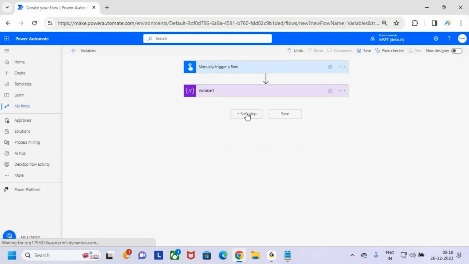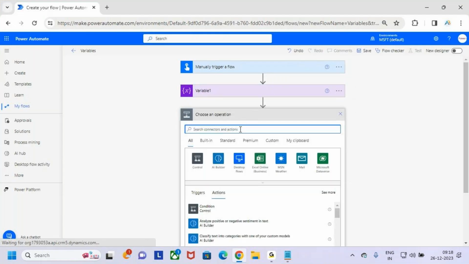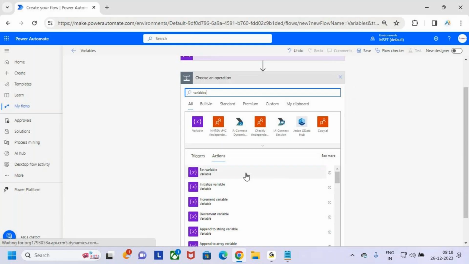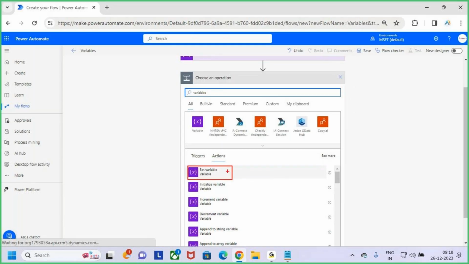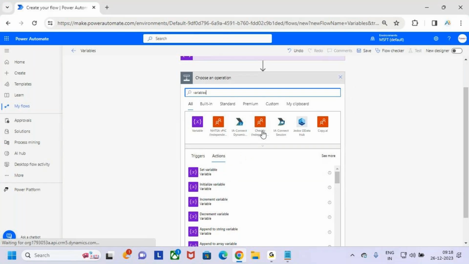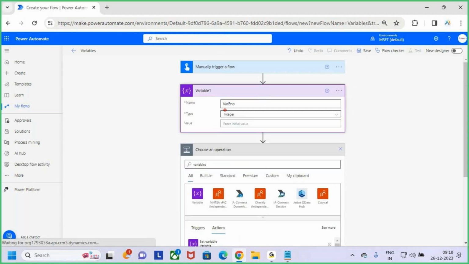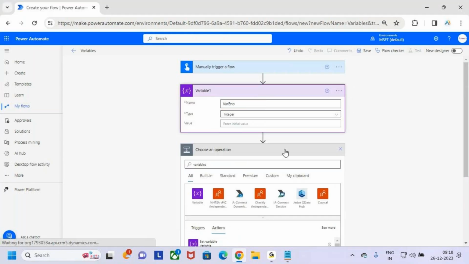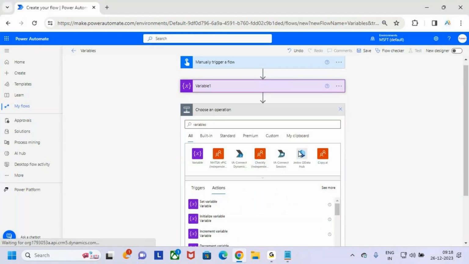New step. Again here, type variables. Next, select set variable. What is the use of set variable? It is used to assign a value to a variable. I declared one variable here, and for this variable I need to assign one value. To assign the value, select